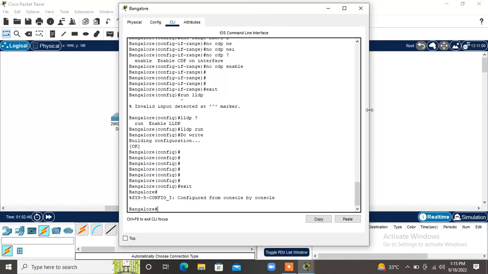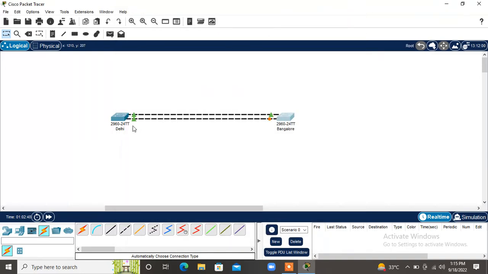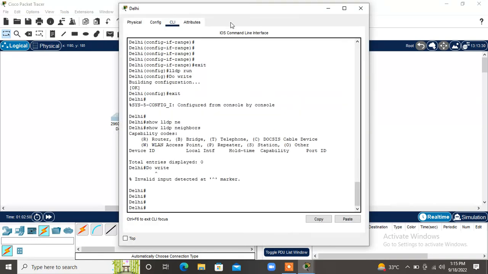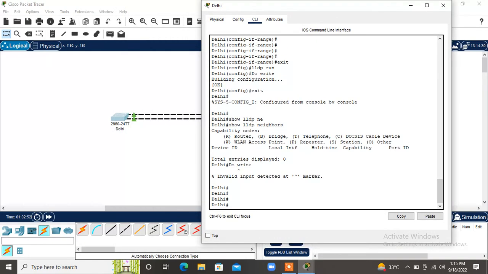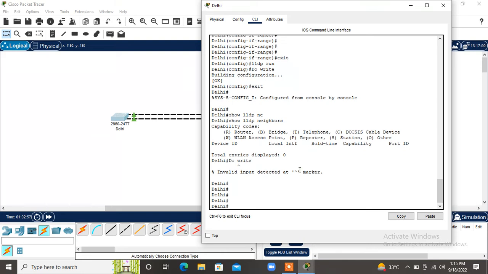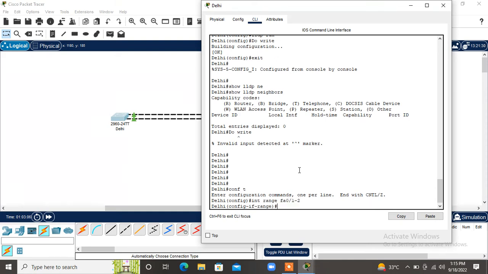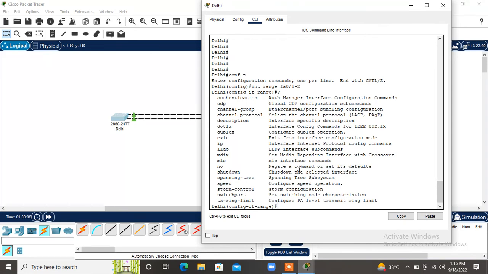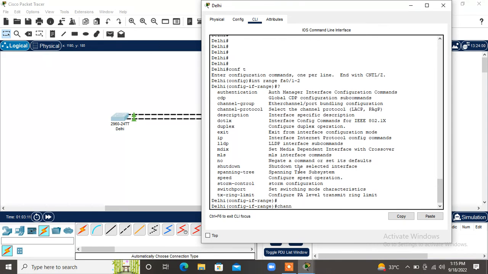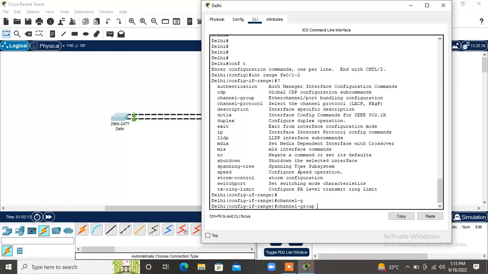Let me just go back to my first switch where we will start configuring this EtherChannel, and we will see how we configure this LACP, right? Configure terminal, interface range FA0/1-2. Same thing we are going to do. Channel-group, rest everything is same. We can take any number between 1 to 6. This time we will take 2. Mode,